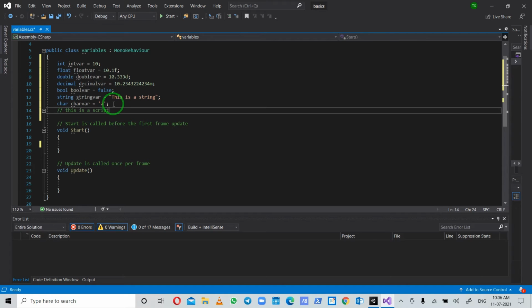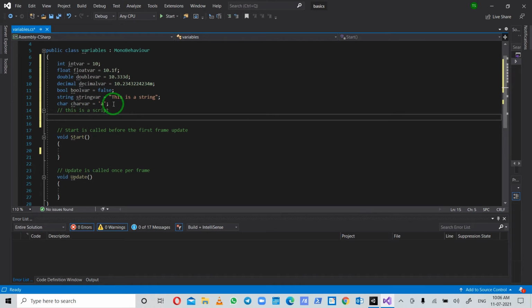This is a way to organize it, and writing a comment makes it non-executable for the system. The system will simply ignore it.